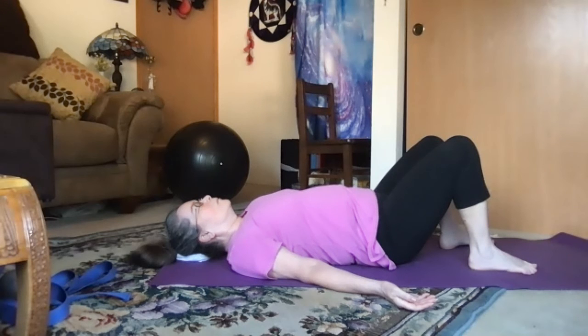center, right side of your chest, heart center, left side of your chest, heart center, navel center, center of your pelvis, right hip, knee, ankle, right big toe, second toe, third toe, fourth toe, fifth toe, right ankle, knee, hip, center of your pelvis, left hip, left knee, ankle, left big toe, second toe, third toe, fourth toe, fifth toe,